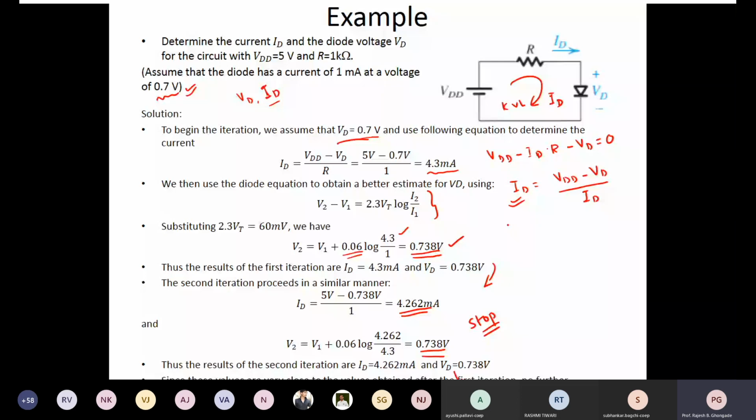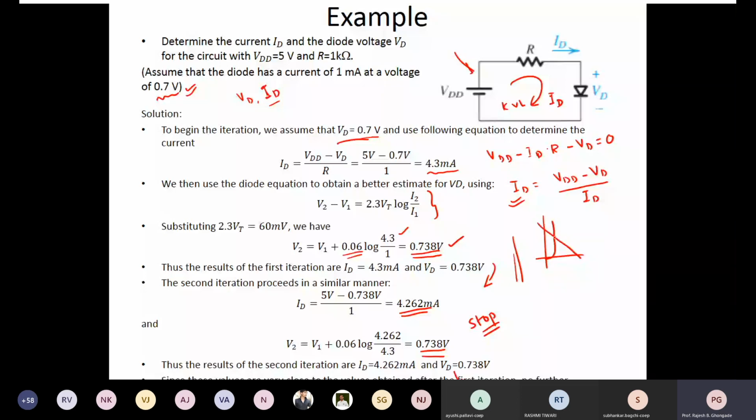That is the reason why, before directly going into transistor biasing as the first unit, I wanted to clarify some very important things. Because even simple things like these would be difficult to solve. One way is to solve by this method, which I have already shown you. The other is using a graphical method, where you have the transistor diode curve, and then you have the load line, and this is the point which we are interested in finding out. So this is exactly what we have done here.